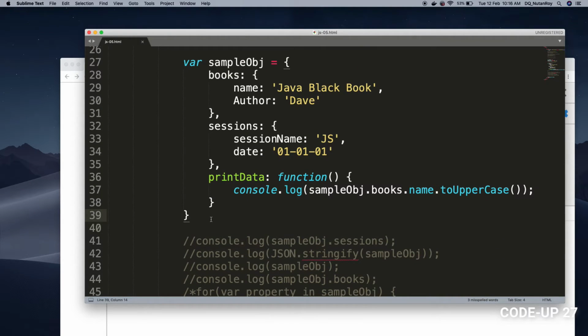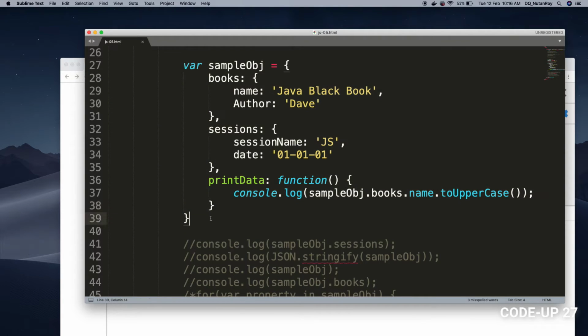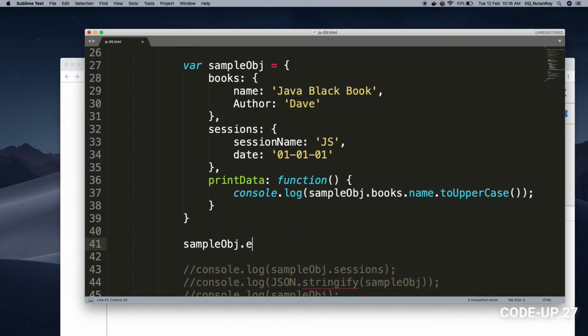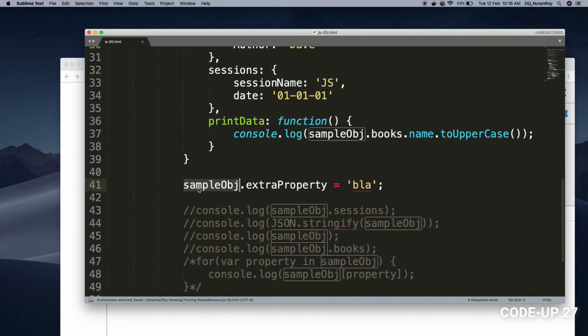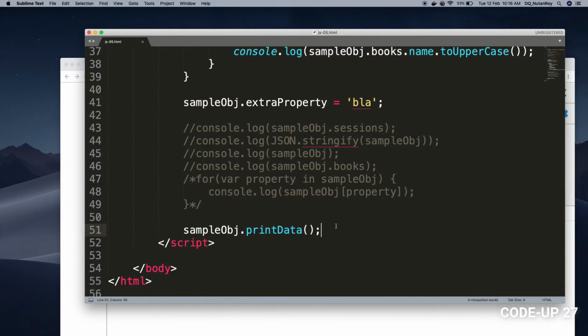And how we can define the object. This is the entire object, right? Let's say after your declaration of this entire object, later on you need to attach another property, a new property which is not there here. So you can still do that. Sample object dot, I'm just writing an extra property. I'm giving this. So when I print this one,